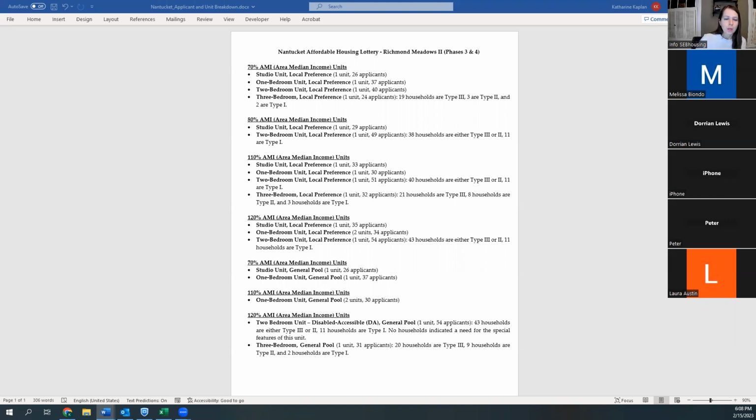And then keep in mind too, if you indicated that you were interested in more than 1 unit size, you are going to have a placement on more than 1 waiting list. So if you applied for both a studio or a 1-bedroom unit, you're going to be on both of those lists. When you receive that email with the waiting list, you're going to see that the top households are